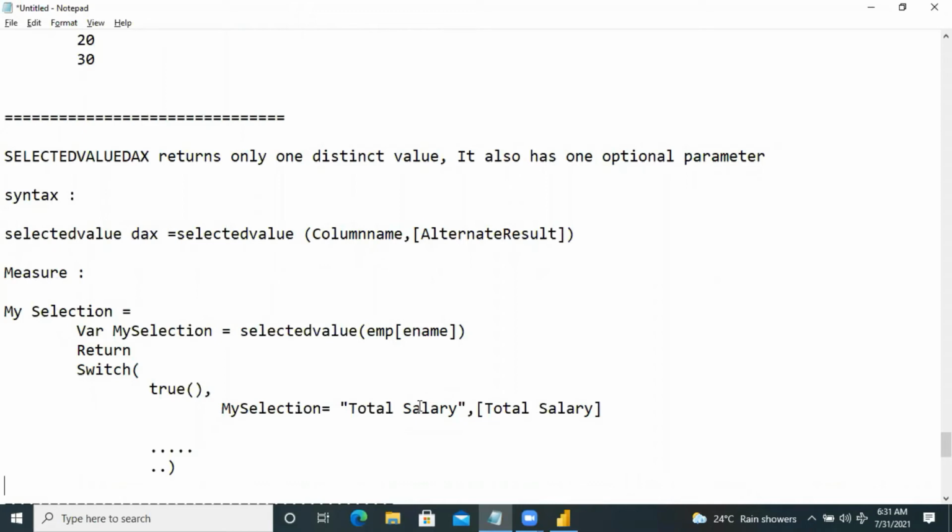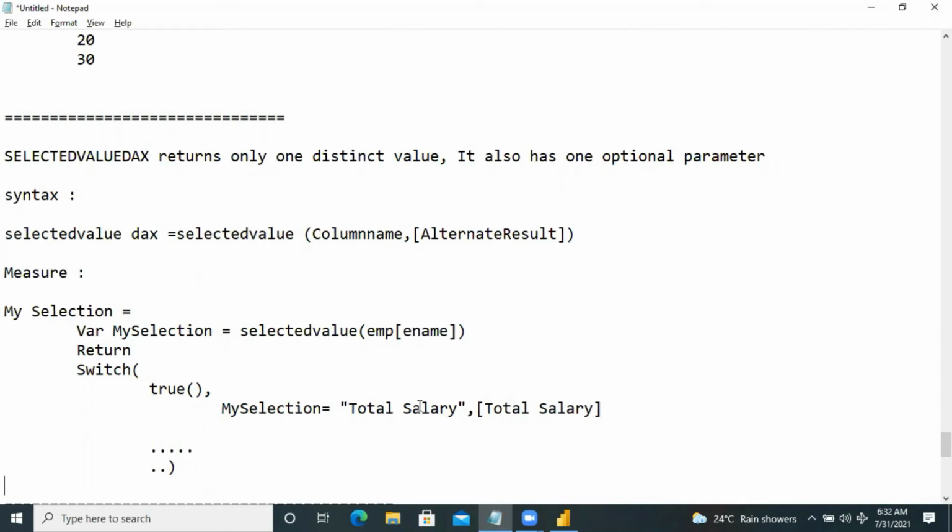The SELECTEDVALUE DAX function returns only one distinct value, in single occurrence. It also has one optional parameter. SELECTEDVALUE takes the column name, then an alternate result. Here I'm creating the measure, and I'm giving the measure name my selection.